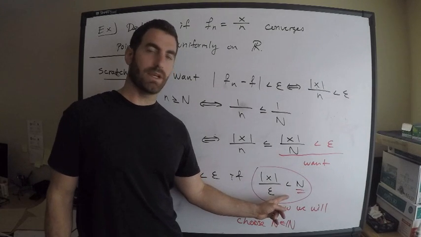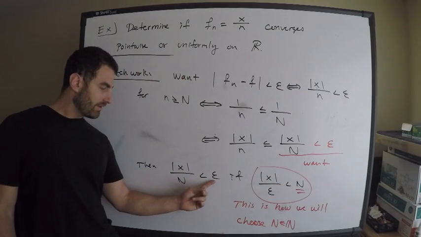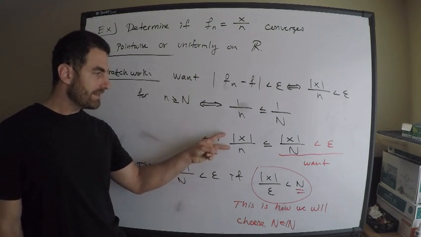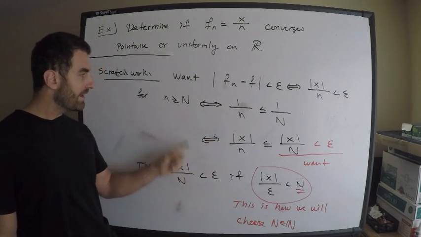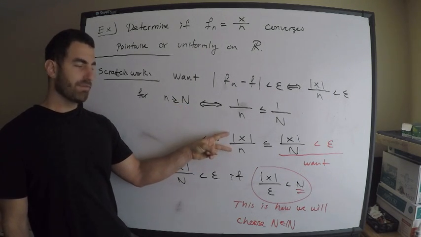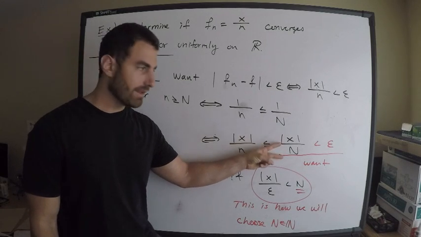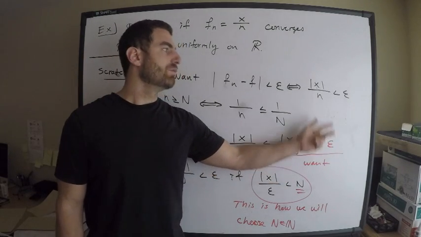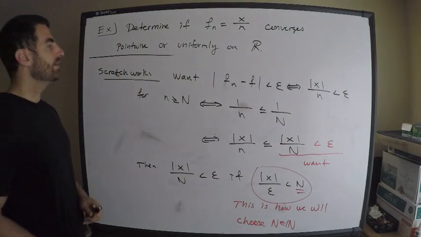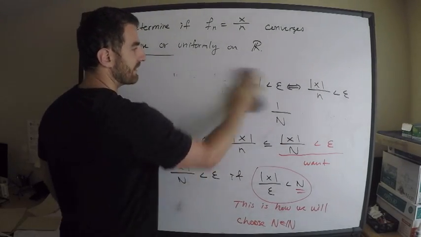If I choose it this way, based off what I've just done, that means this quotient is less than epsilon. As long as little n exceeds capital N, then the absolute value of x over little n is less than the absolute value of x over capital N, which is less than epsilon, which means we're done. I know it's confusing, but write it out. I hope this makes sense. Now I'm ready to write the proof. I'm really going to just write down the proof. This is my scratch work.